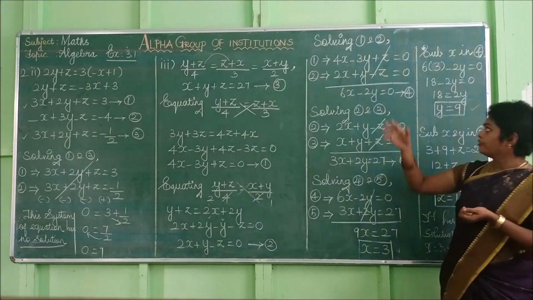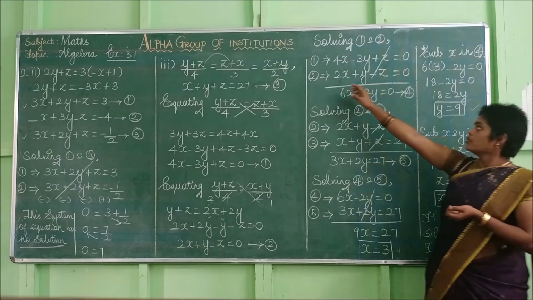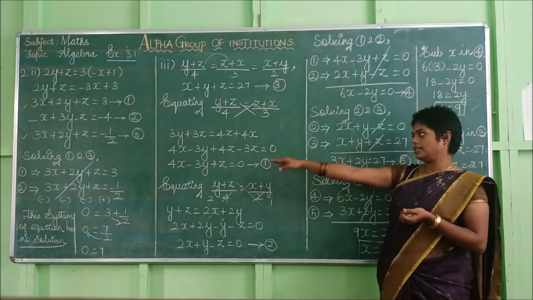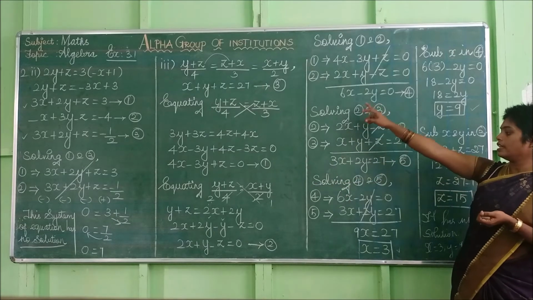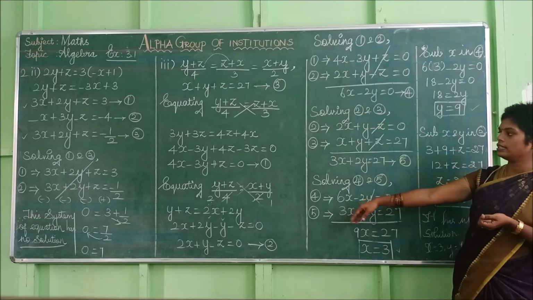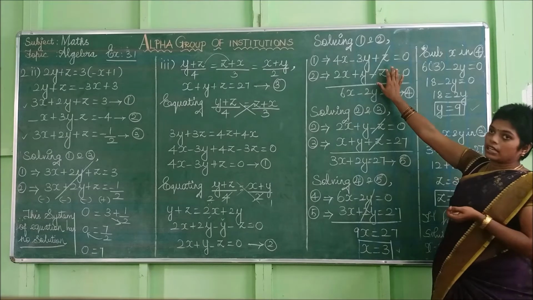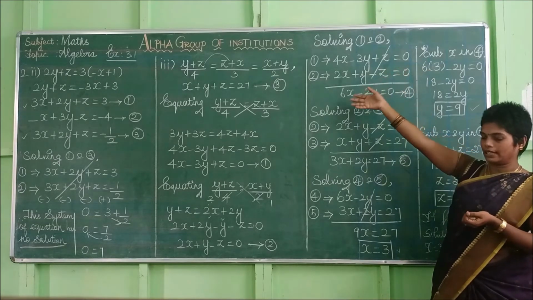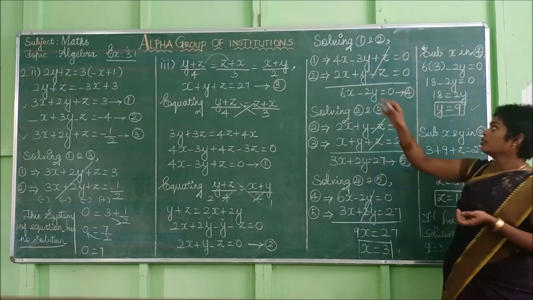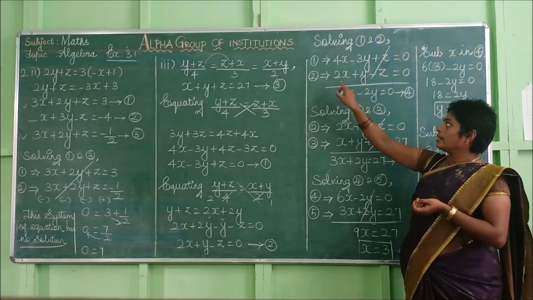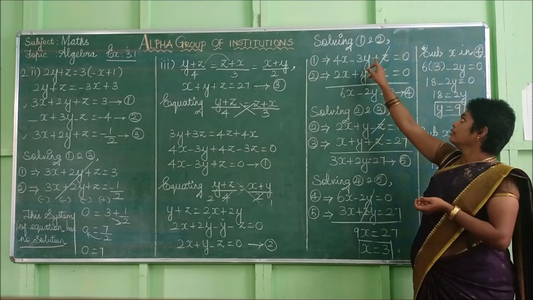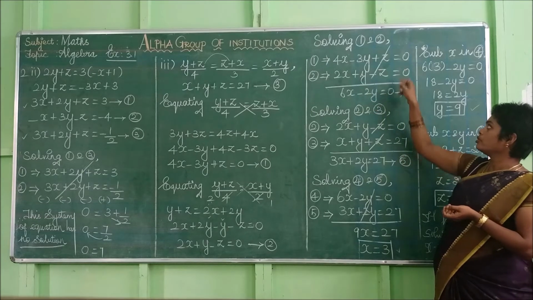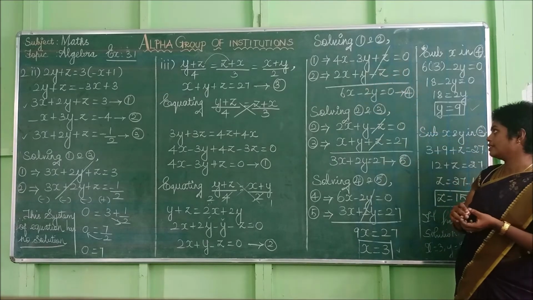Then listen, I am solving first and second. So what is our first equation? 4x minus 3y plus z which is equal to 0. Then the second equation is 2x plus y minus z equal to 0. Both terms contain only z, and the sign is also changed here itself. So you can simply cancel and write another equation. So 4x plus 2x is nothing but 6x. Then minus 3y plus y is minus 2y which is equal to 0, because z and z get cancelled.